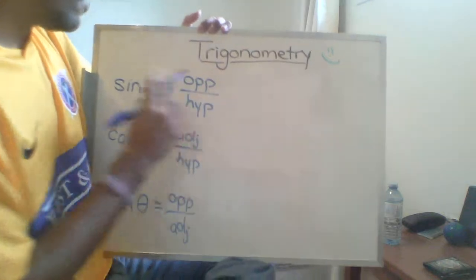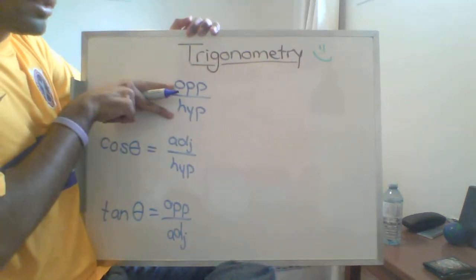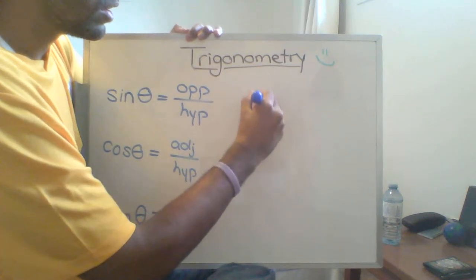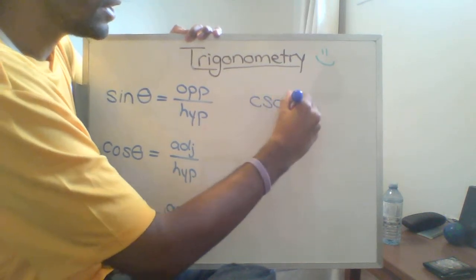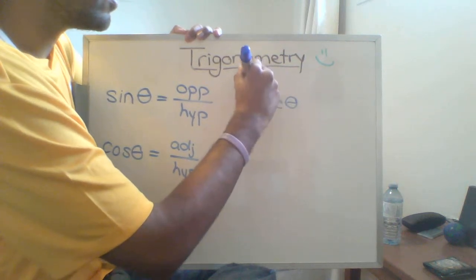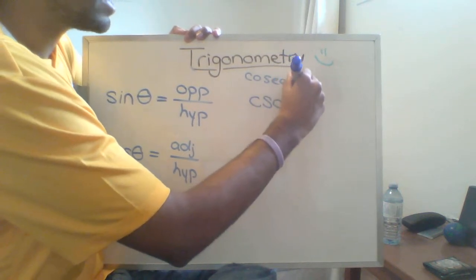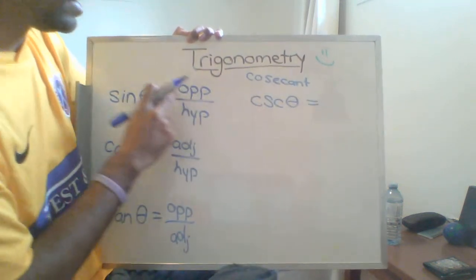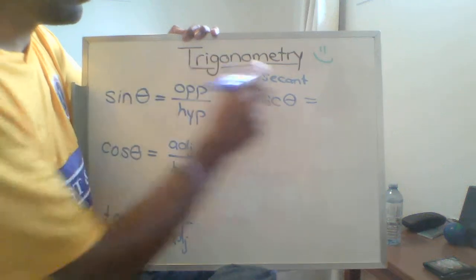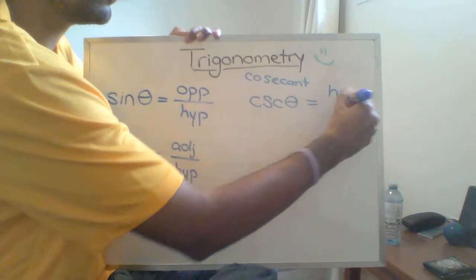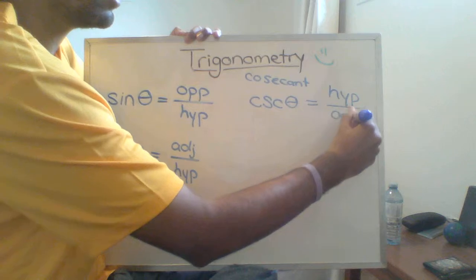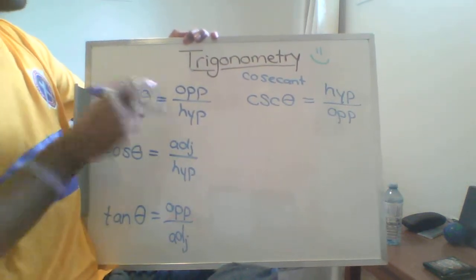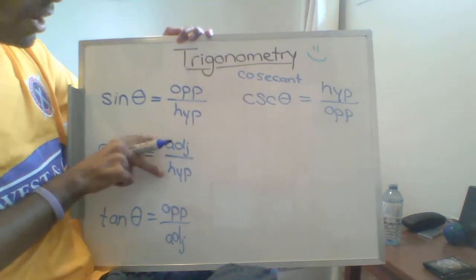Now there's another function, similar to sine, but it's just these 2 things flipped over. It's called cosecant, and the short form is CSC. Cosecant, CSC theta, is hypotenuse over opposite. The reciprocal, the flipped over version of cosine, hypotenuse over adjacent,